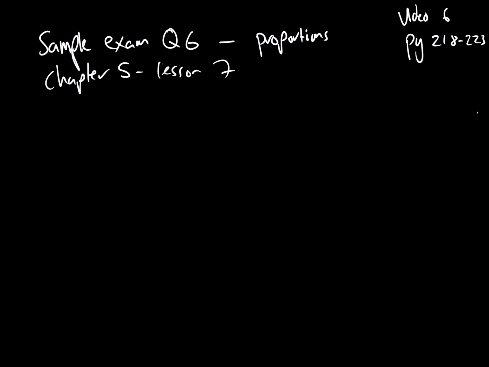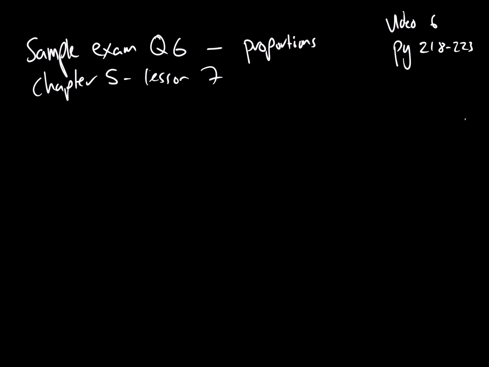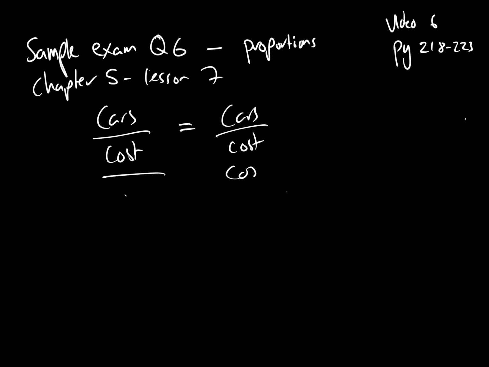You have to make sure that when you're comparing real world examples, you keep the same information in the same place to work out the proportions. So for example, if you have the number of cars and the cost, then you need to make sure that you compare it with the cars and cost. You need to keep things the same. If you have cars and cost on one side, but on the other side you have cost and cars, then it will give you bad information. It won't give the correct answer. So you need to make sure that you have cars and cars on the same side and the cost on the same side. That's just an example, but it's giving you an idea that you need to keep the information